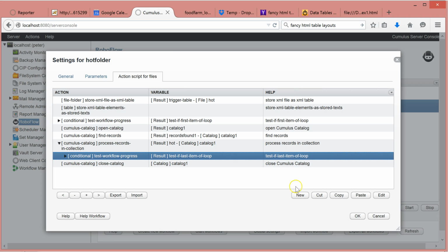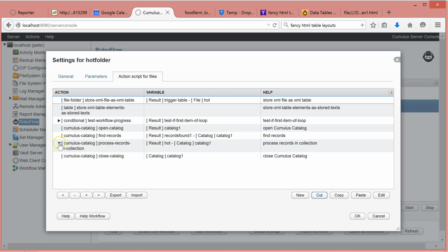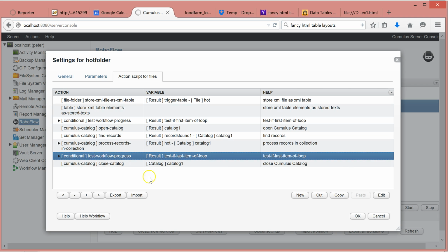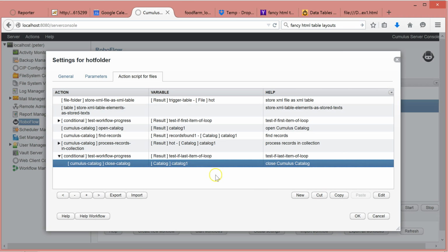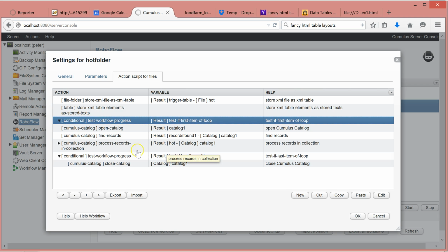So what I did is a mistake here. It's cut, close, paste. It doesn't need to go inside. What I do want to put in here is this. I want to say cut, paste. Good. I'm going to close on the last item. I'm going to close my catalog. If this is the first item of the loop, I'm going to